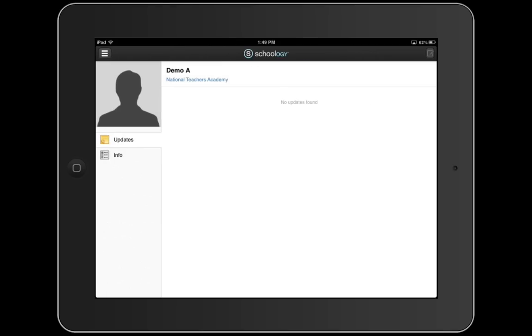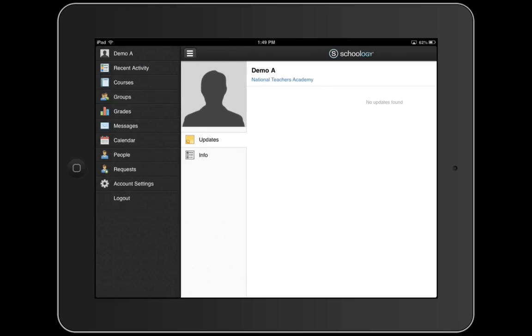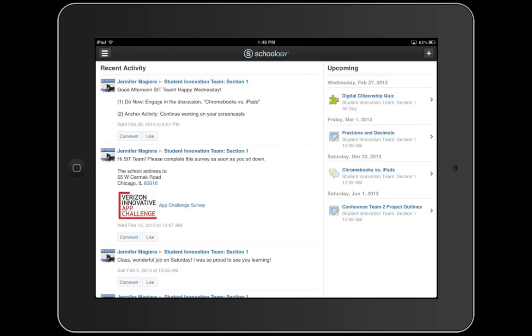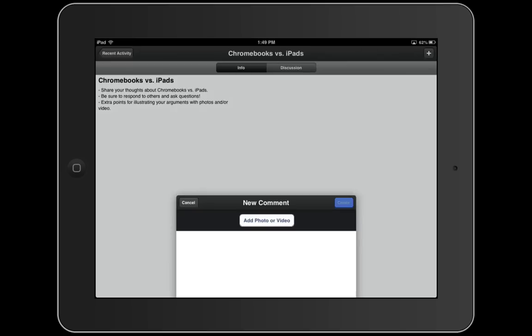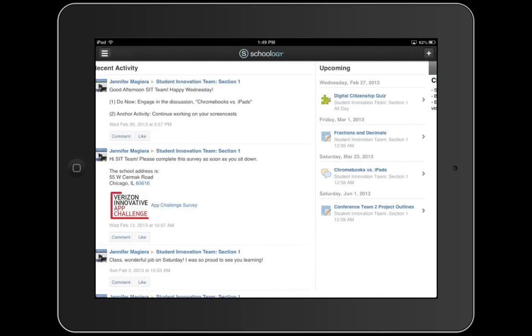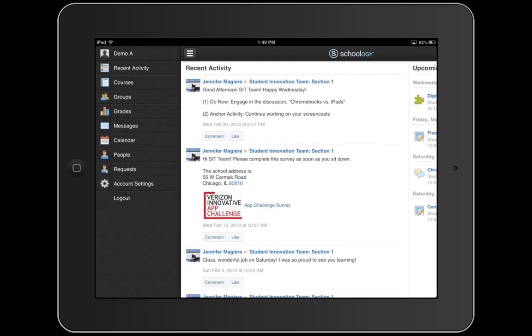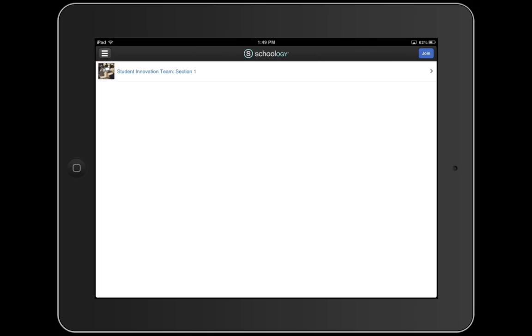As you can see, it's pretty easy to use, but there are a few things that might not be immediately apparent to kids, such as hitting the plus sign to add a post or event, or to post into a discussion or an assignment, and also using this 3-bar navigation tool to go to your courses. I hope you enjoyed it, and I hope you choose to try out Schoology soon, since we